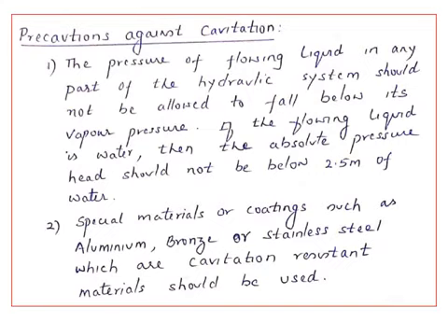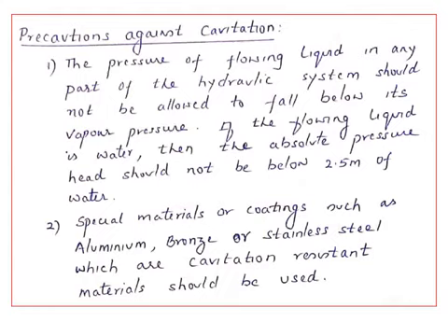So what precautions do you take against cavitation? Since you know that the pressure of the flowing liquid in any part of the hydraulic system should not fall below the vapor pressure. When it falls below the vapor pressure, vaporization of the liquid takes place, the liquid starts boiling and vapor bubbles are formed. So we have to take care that in any hydraulic system, or maybe in turbines,